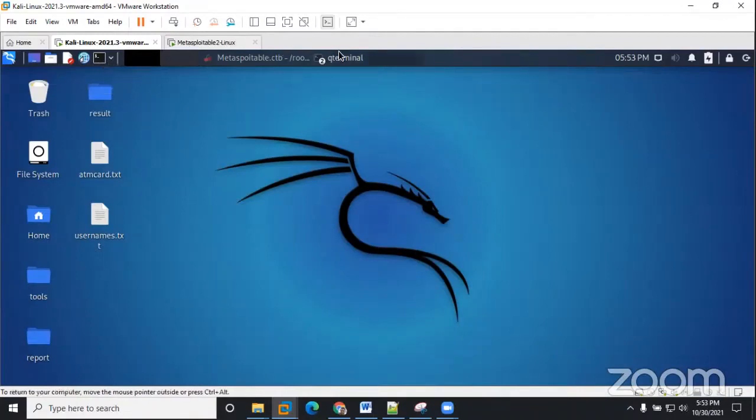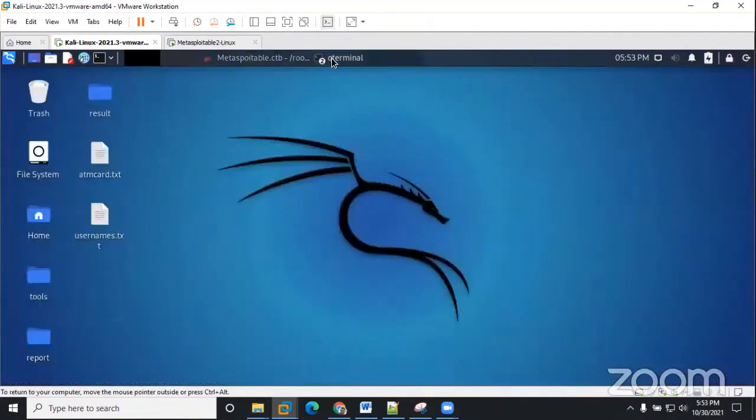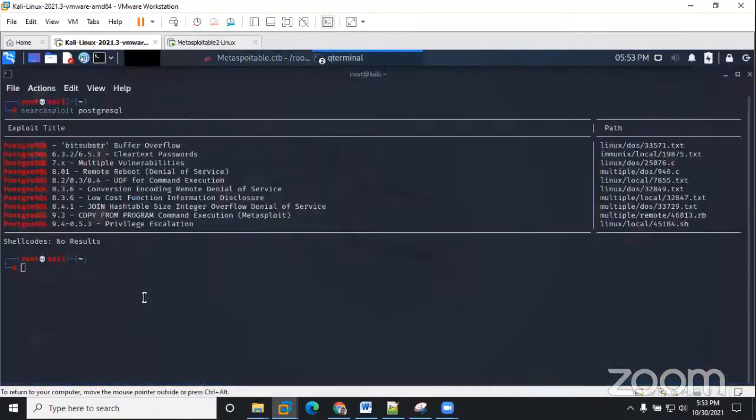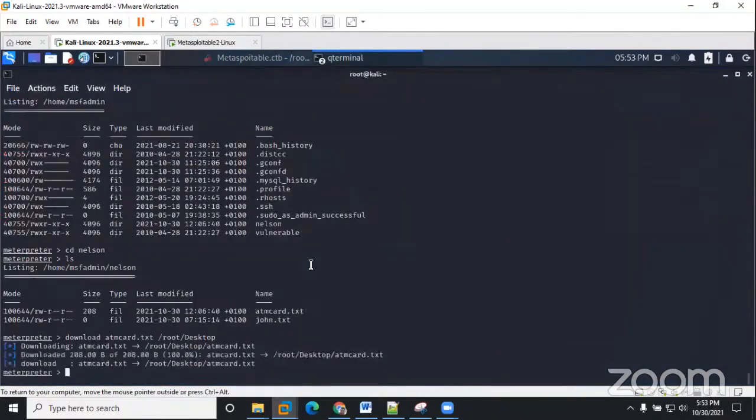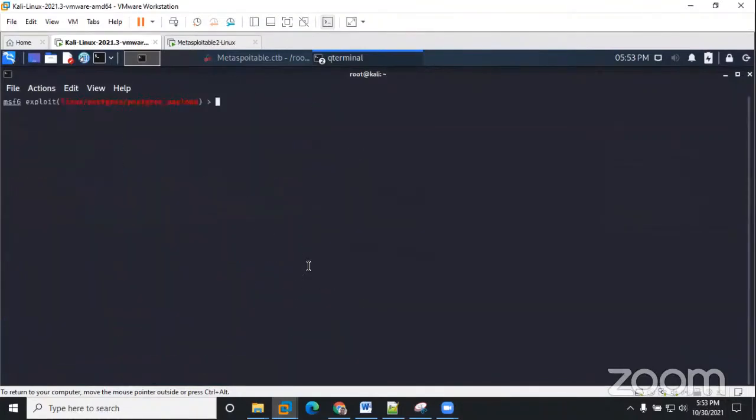The VSFTP, then I think there's this other one that we were trying to exploit, which was the Samba. So if we go back to exploiting Samba, let's see. So I'm going to exit this. You can see I've closed the session, then I'm going to clear. So all we need to do is go back and search for Samba,